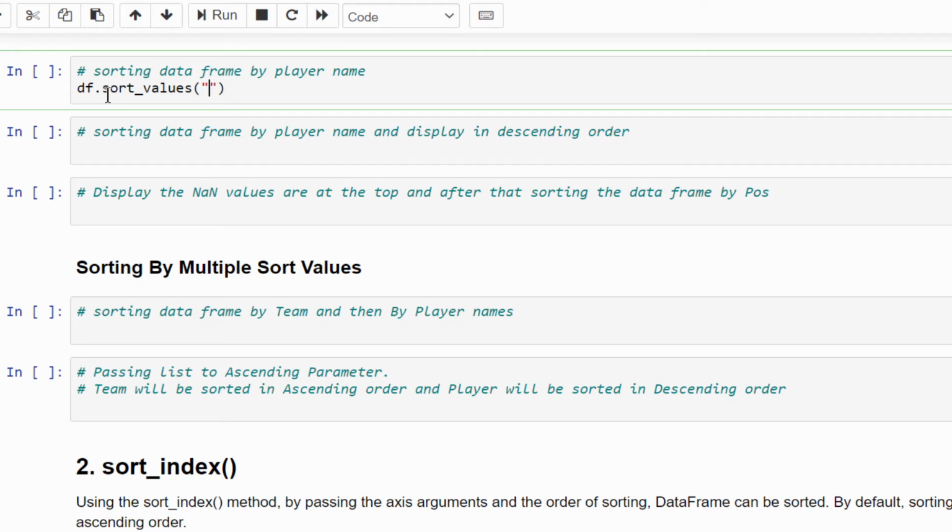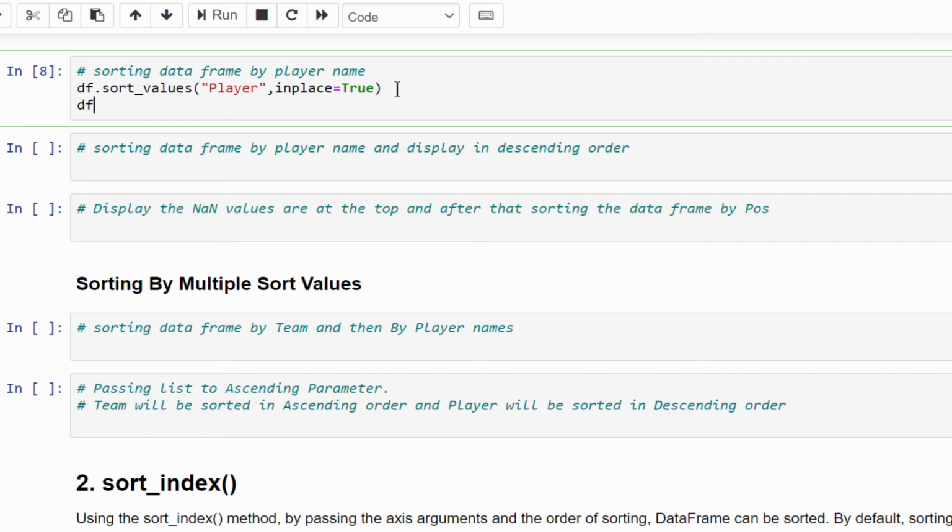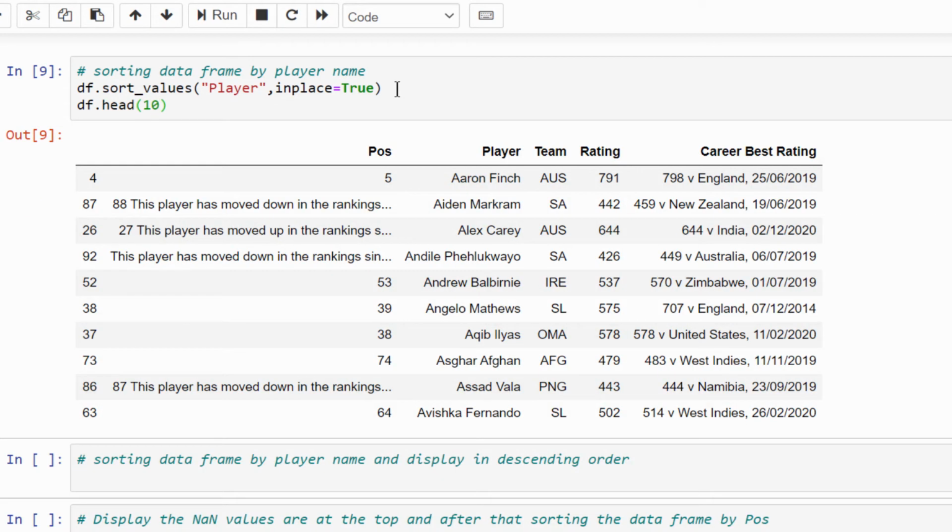Then the column name is player. After that, inplace equal to true. It means it will display the updated value. Executed. Let me display the top 10 rows, and you can see we have sorted the player column.